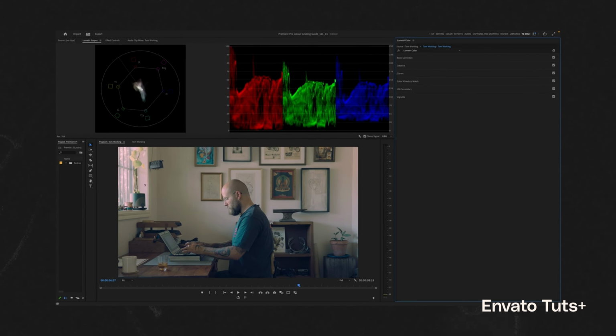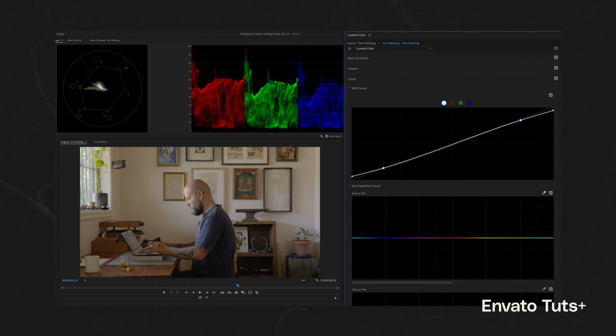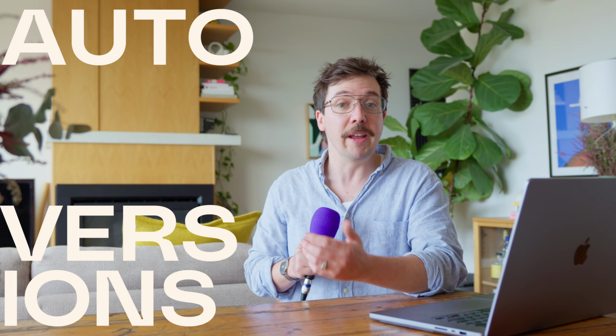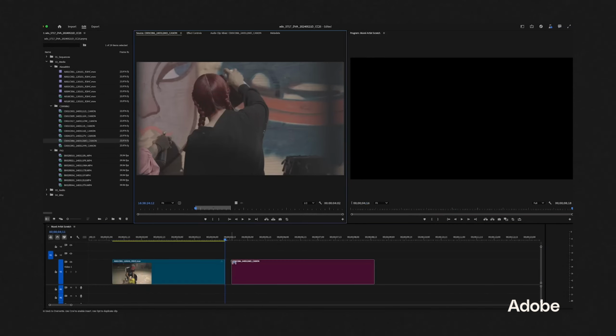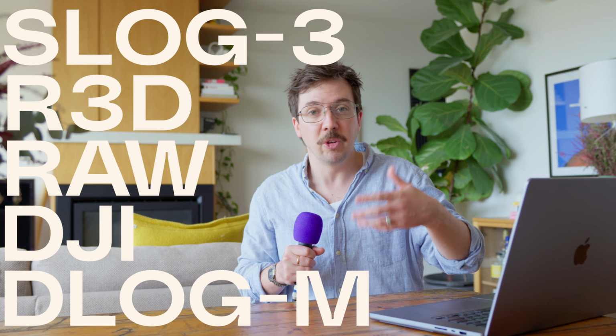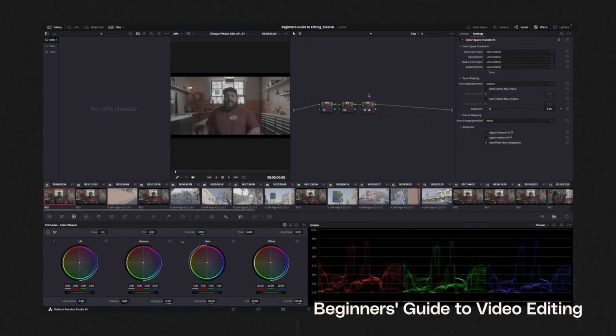For years now, we've had the ability to tweak our color correction and do basic grades in Premiere via the Lumetri tab, but Adobe has overhauled the color management system this year. And the big thing that I'm excited about is the automated conversions. It means that you can seamlessly convert RAW or log clips to your desired color space like Rec. 709. And I shoot with a bunch of different cameras, so I end up with like S-Log3 files, Komodo files, R3D RAW files, and I've got a Pocket Osmo as well. So it means that I have a little bit of tweaking to do, usually over in Resolve when it comes to color space transforms and things like that